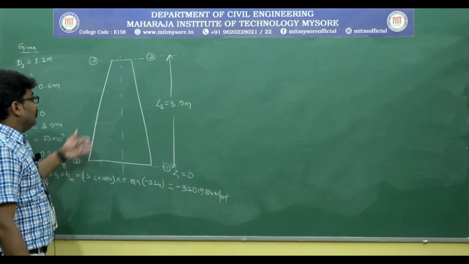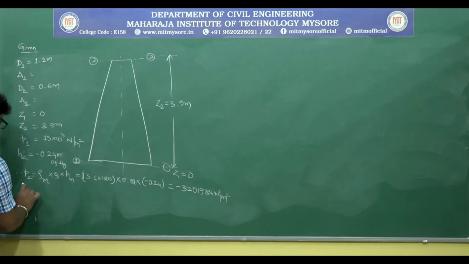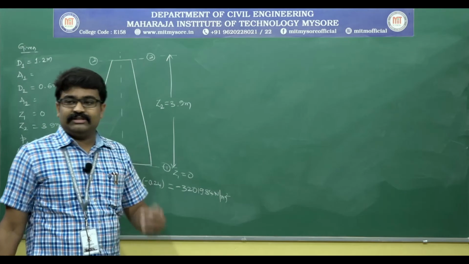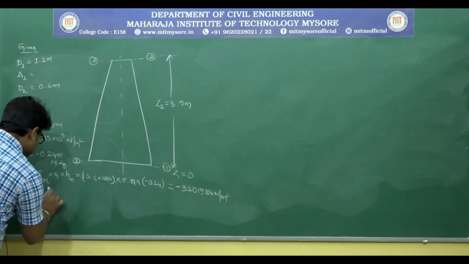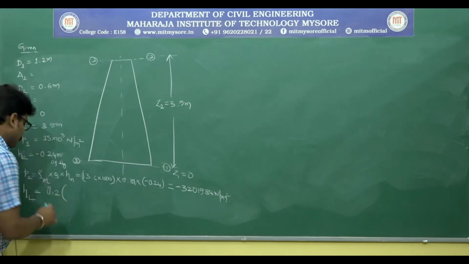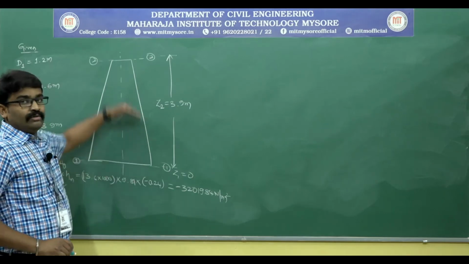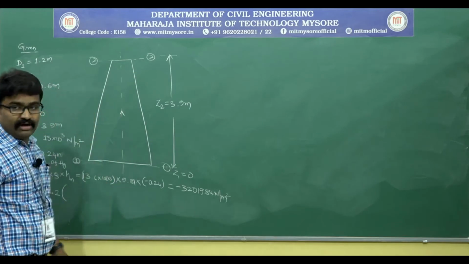Now in the continuation, what do we have? We will have to find out what is discharge using this hint. HL is equal to 20%. What is 20%? 20% is nothing but 20 by 100, that is nothing but 0.2 into the difference of pressure heads. What is the difference of pressure heads? Pressure head at section 1 minus pressure head at section 2. Direction of flow is upwards.